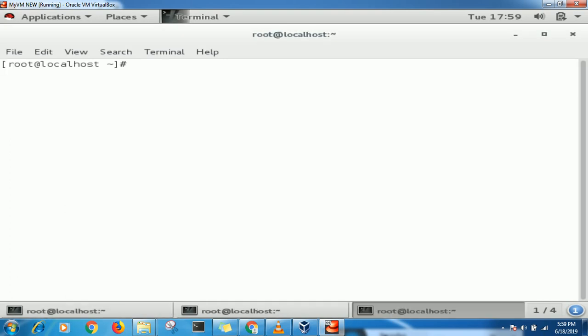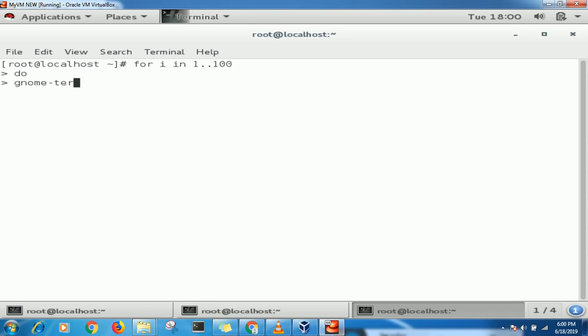If you compare with GUI, then this is quite faster, I guess. But this is not complete what I'm trying to say. What exactly I'm trying to say is, you have a requirement of 100 terminals to be open. So for that, what I can do, we all are engineering students, so we know for loop. So I am using a for loop over here: for i in 1 to 100, I want to run this loop. Okay, so what I want over here, do what needs to be done,